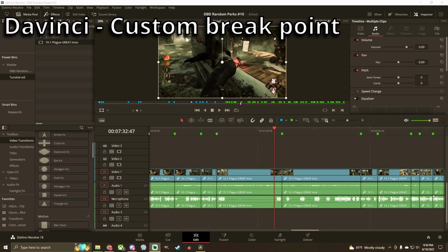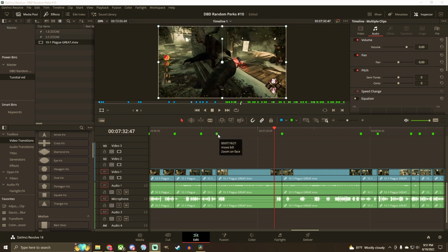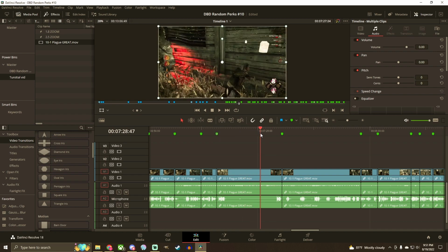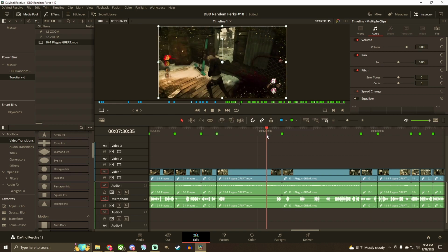So, I've skimmed through and cut up the entirety of my first match, and I'm ready to make my edits. Going from one clip to another after cutting the video can be a bit abrupt, but I still do it. But I do like to throw in some custom transitions. By this, I mean I'll typically use a zoom or even a meme before I jump over to another cut